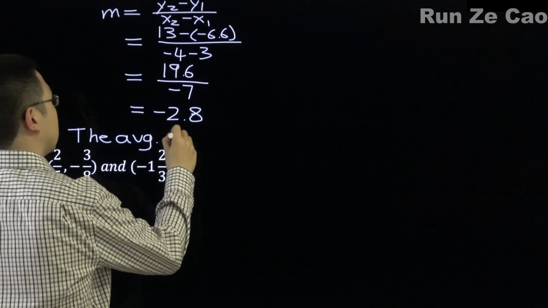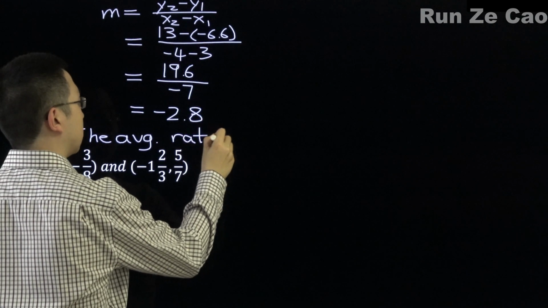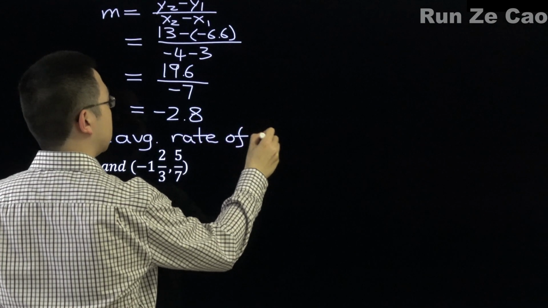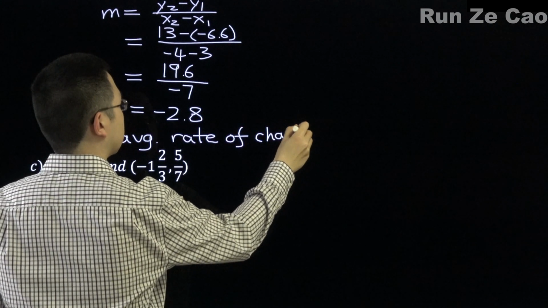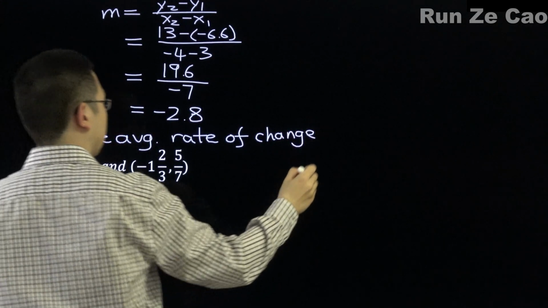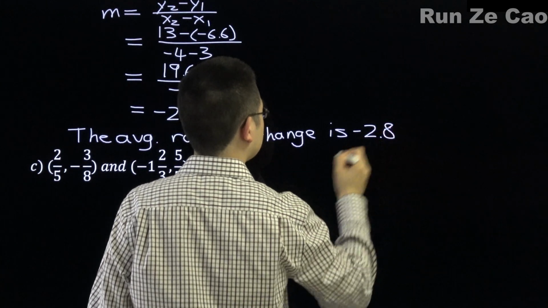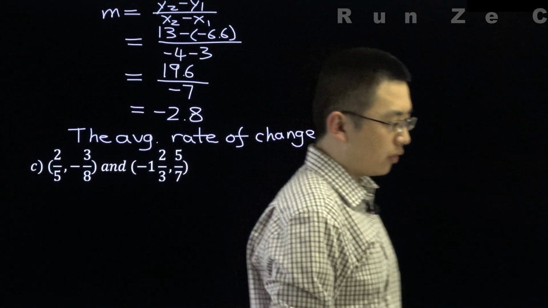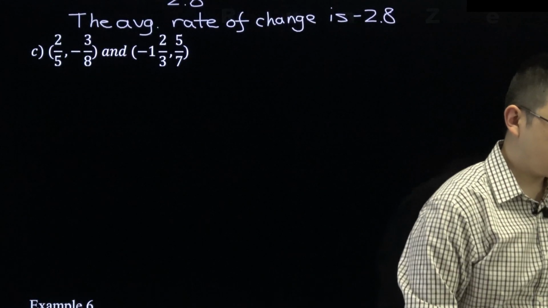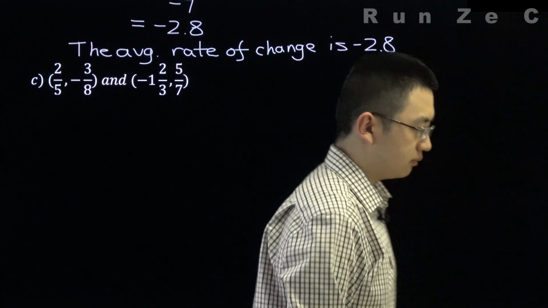So the average rate of change is negative 2.8. And for this one, with the fractions, we would have